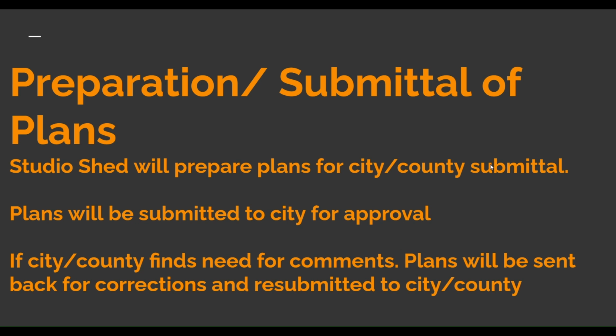Now, preparation and submittal of plans. Studio Shed will prepare all their plans for city and county submittal. So everything that has to do with the shed, all the engineering of the shed, it'll show all the framing, the floor plan, everything that the city will need from Studio Shed. And then you will connect your site plan, all your foundation engineering, anything extra that's going in the project. Like say you have a deck, so all your deck engineering will go